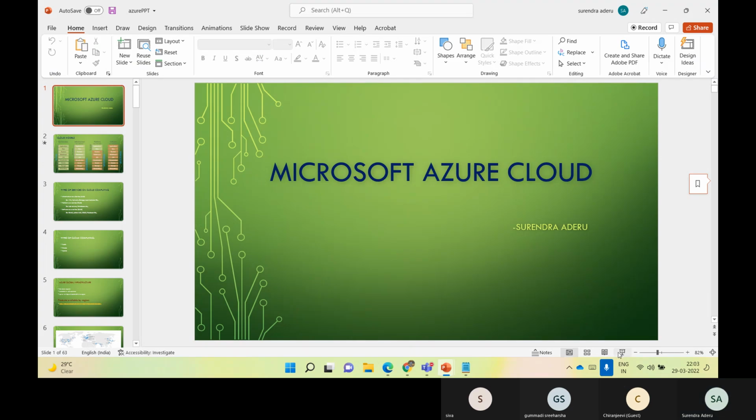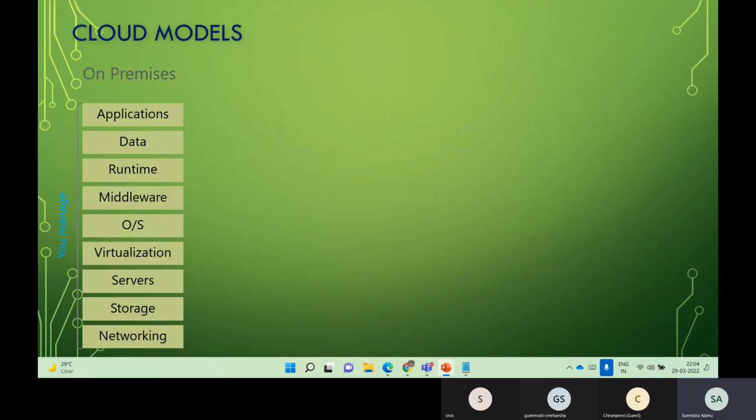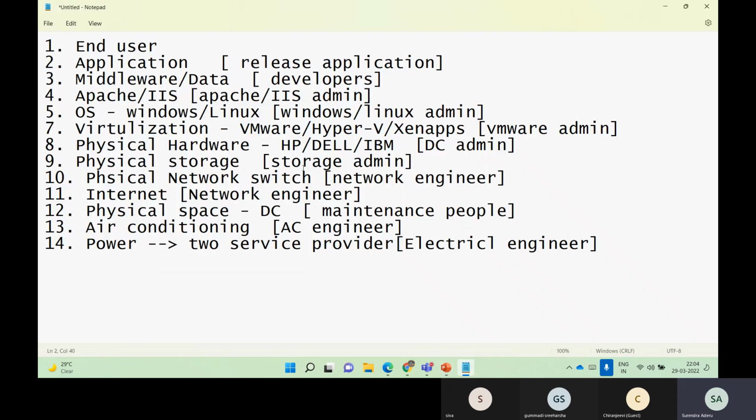Let me give you this one slide of information, and then we'll continue from tomorrow. So if you see here, on-premises means whatever I mentioned in this notepad, everything will be held by ourselves. In a scenario, the project owns everything from top to bottom. All the layers will be owned by your project team.